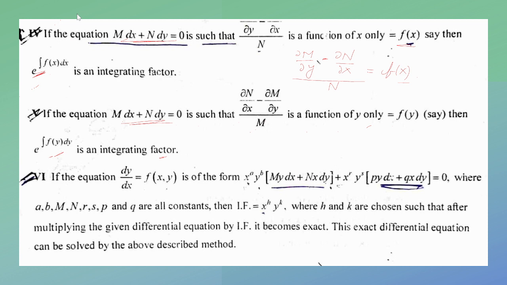If we do the first case, then it is a function of f(x), because we want to find the integrating factor, e raised to the power f(x) dx. If you misplace this, and it is a function of f(y) and then e raised to the power f(y) is an integrating factor, that would be wrong. That's why I am saying that if you subtract the partial derivative of N with respect to x, then divide by N,